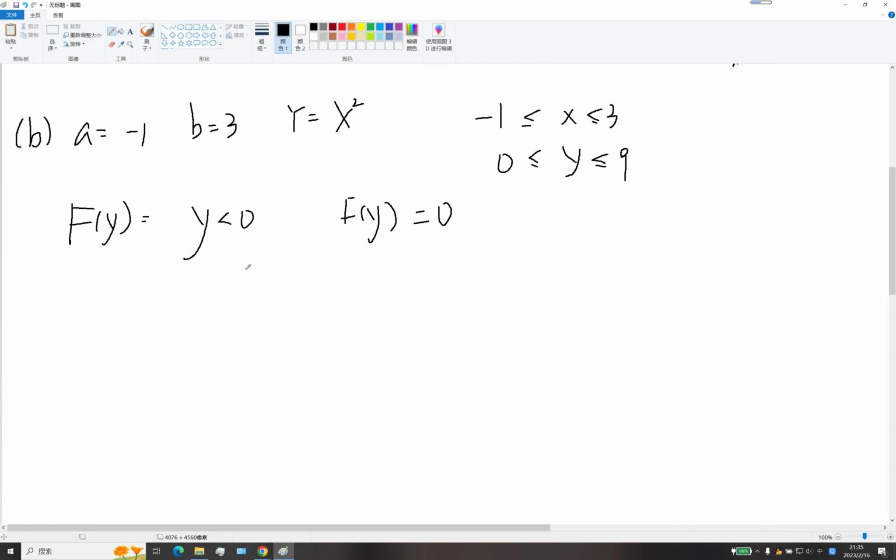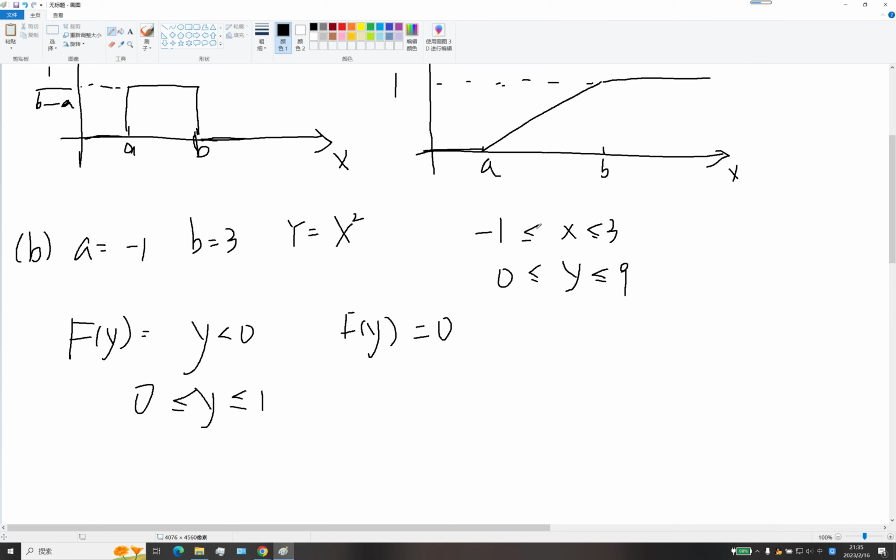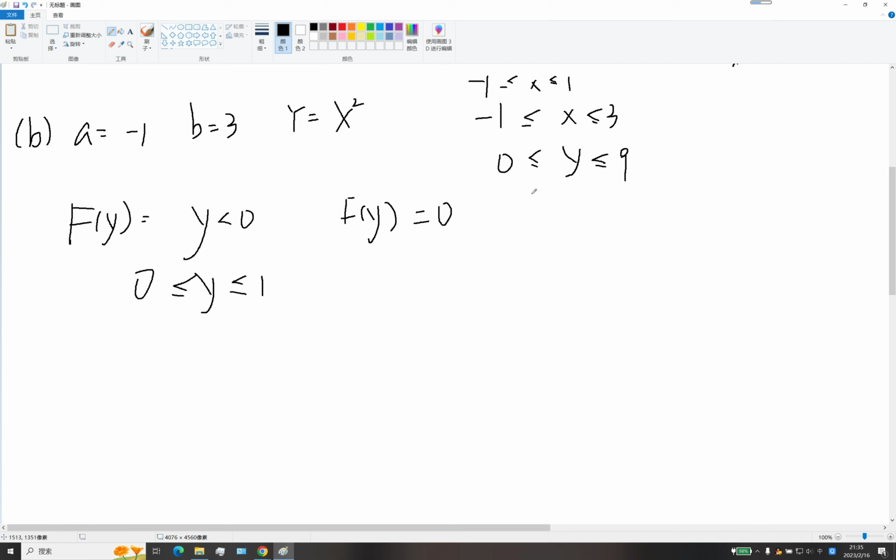When y is larger than 0 and smaller than 1, in this part x can be between -1 and 1. So there are two roots of x to get y between 0 and 1. Which means F_Y(y)